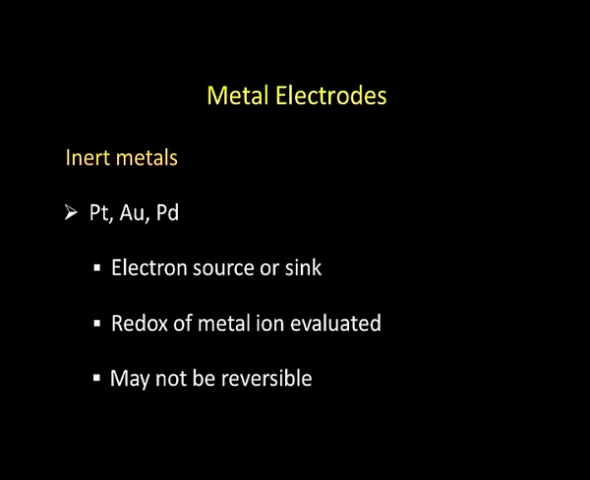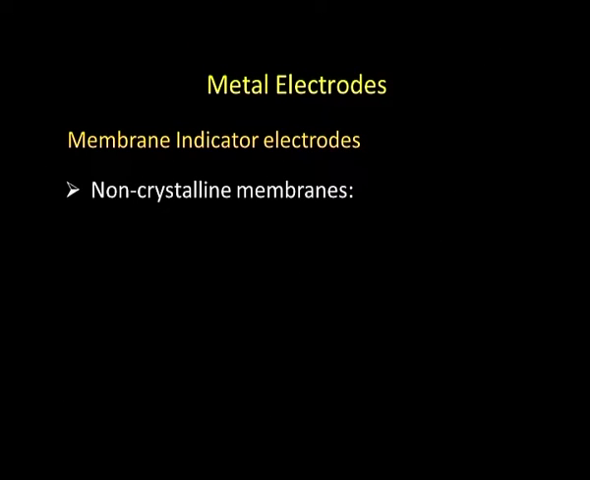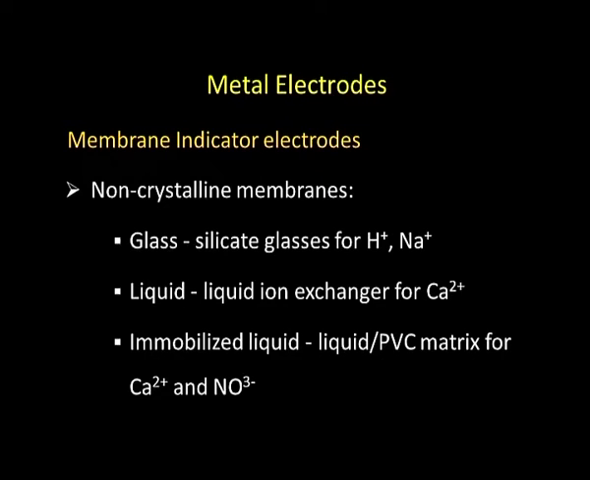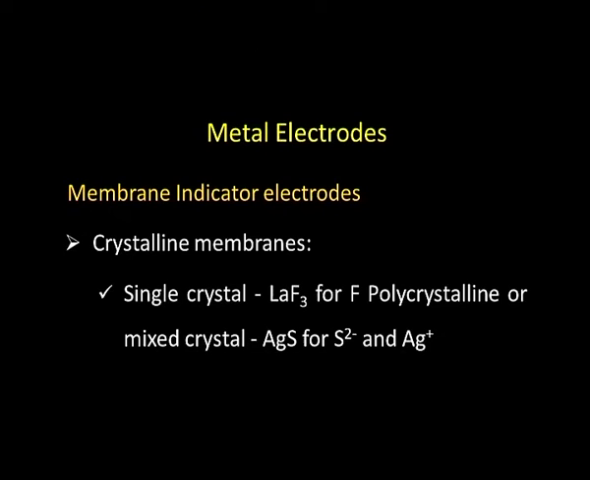Then let us come to membrane indicator electrodes. In this case, usually non-crystalline membranes are used. For example, silicate glasses for H+ and Na+, liquid ion exchangers used for calcium 2+, and immobilized liquid in a PVC matrix for calcium and nitrate ions. Then we have crystalline membranes: single crystal lanthanum fluoride for fluoride, and polycrystalline or mixed crystal silver sulphide for sulphide and